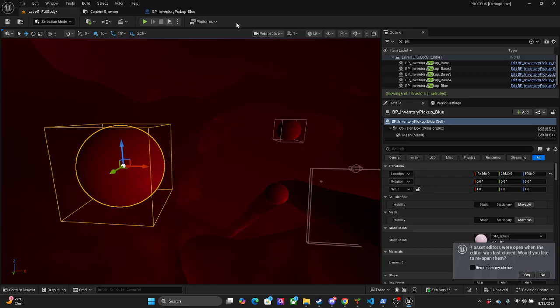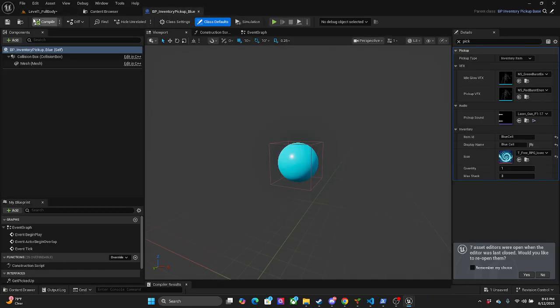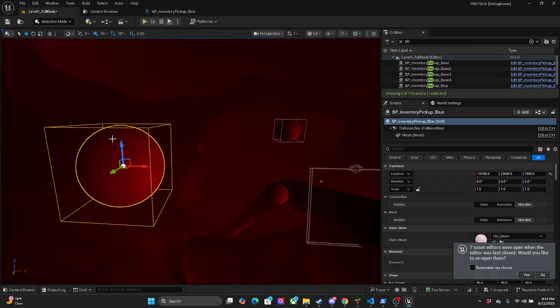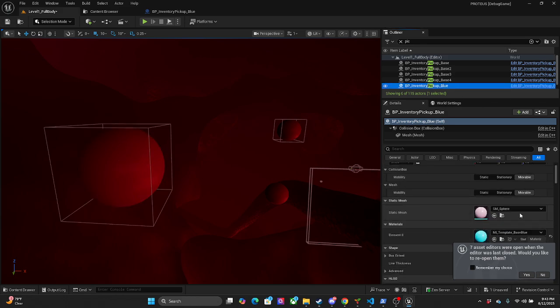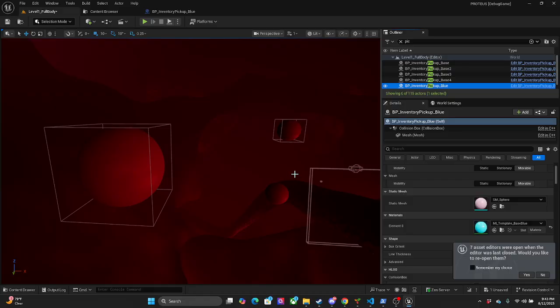So how did it replace it with the blue one? Oh, it did.